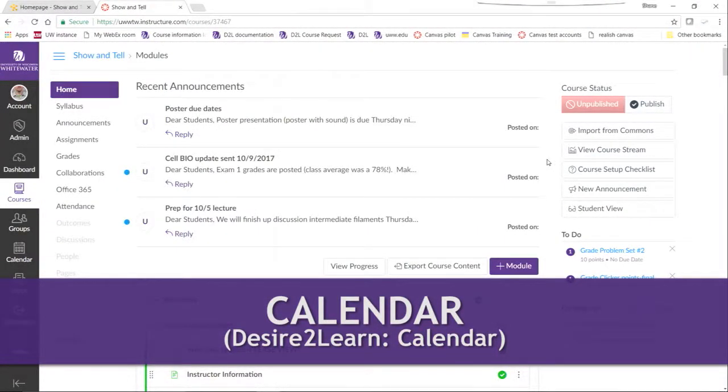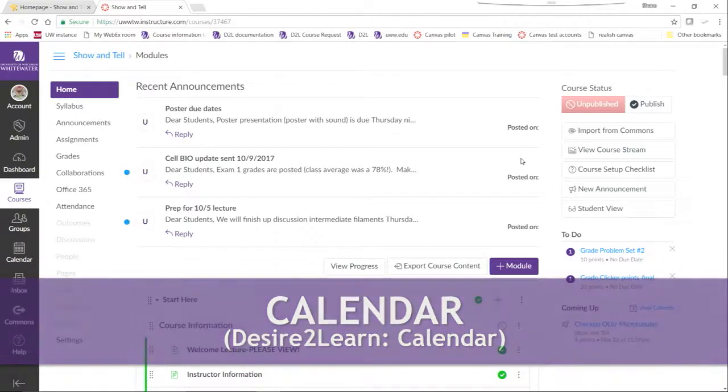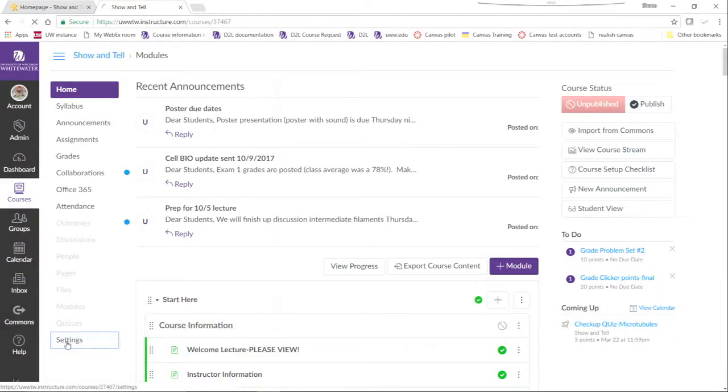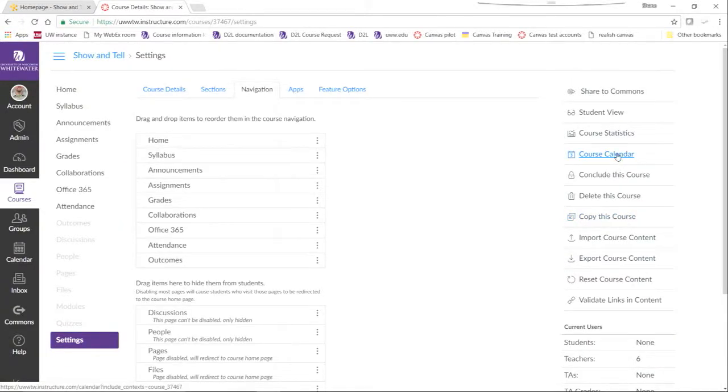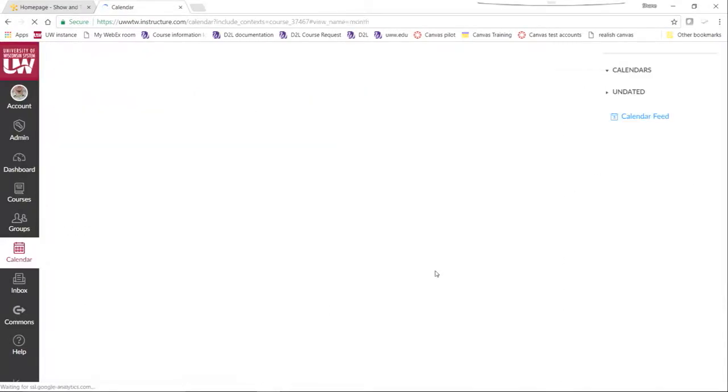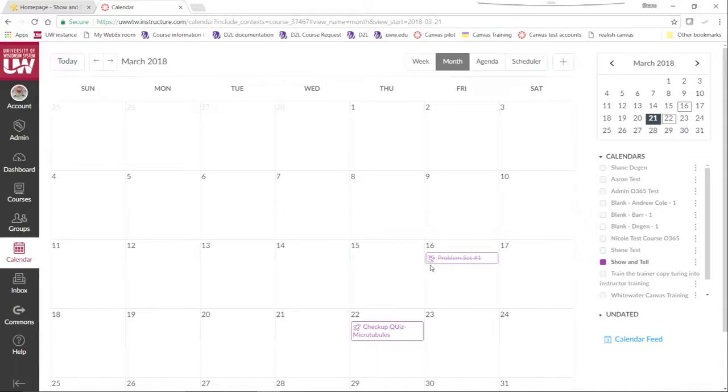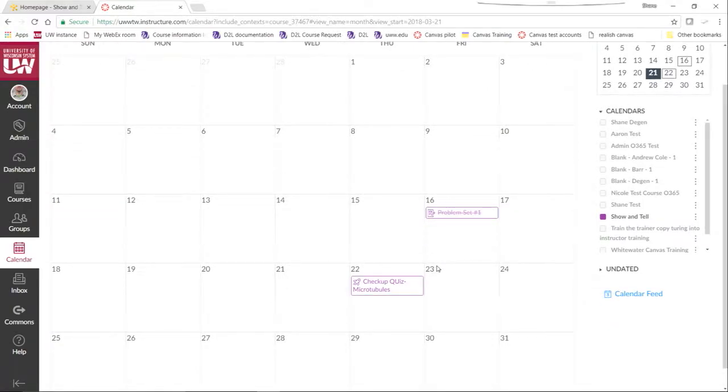If you make heavy use of the calendar in your course, I think you'll like the way it works in Canvas. If we come into Settings and take a look at the course calendar, you'll see the calendar for just this course. We can see the calendars for all courses you're associated with by clicking on the calendar tool here, but as you're working in one course, you'll probably just want to adjust in that one course. So doing that through Settings will allow you to look at them one at a time. You can see that there's a few things populated here. This is based on due dates that have been set in the course itself. You can see that this month is pretty blank, but there is one item that I've set as a due date.